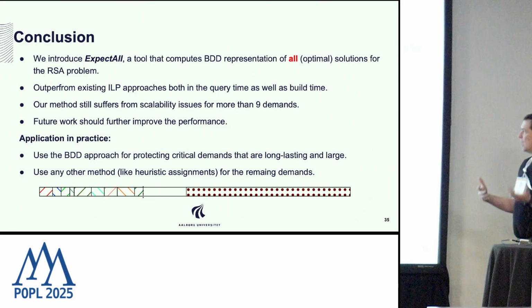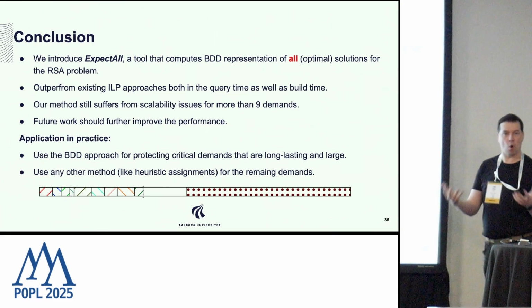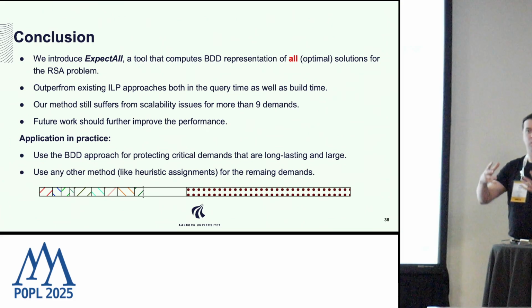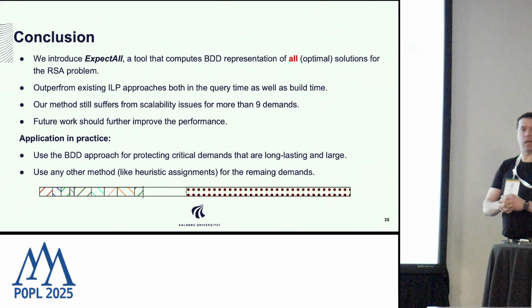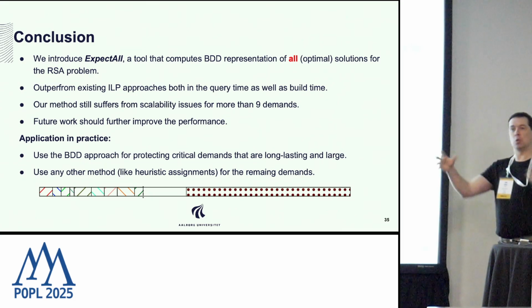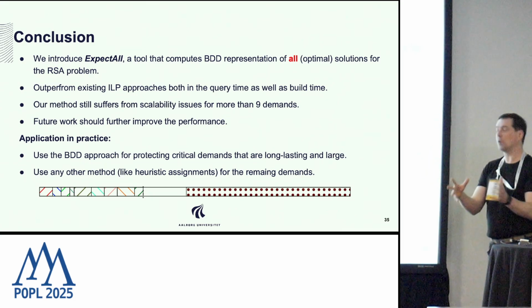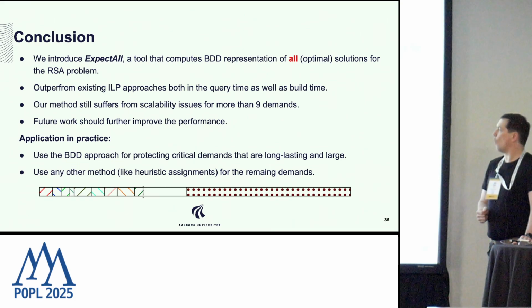So how can we remedy this? Well, we should think more, see whether we can find more restrictions. We still have way too many redundant solutions. So if we manage to find some clever lemmas that say you don't have to do this and that, we can further improve the performance.